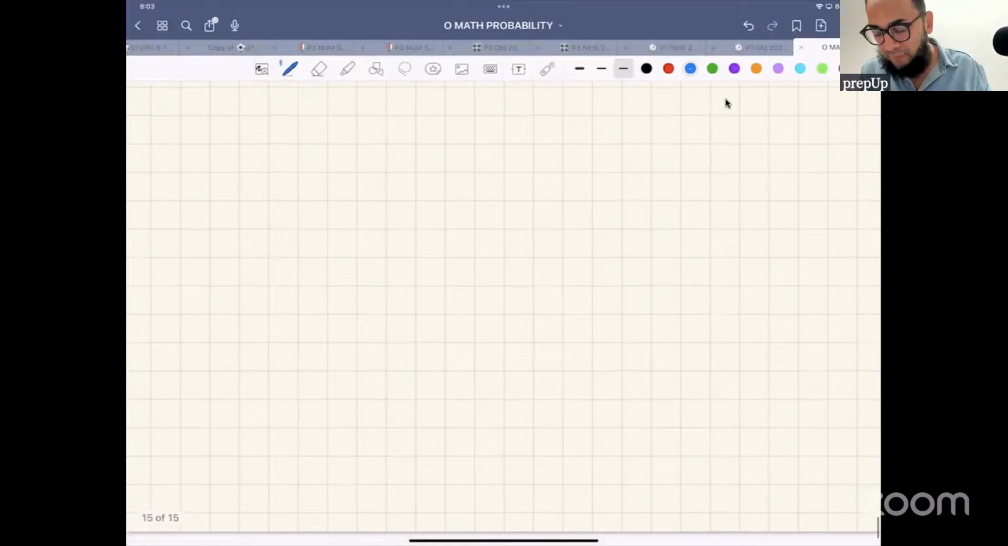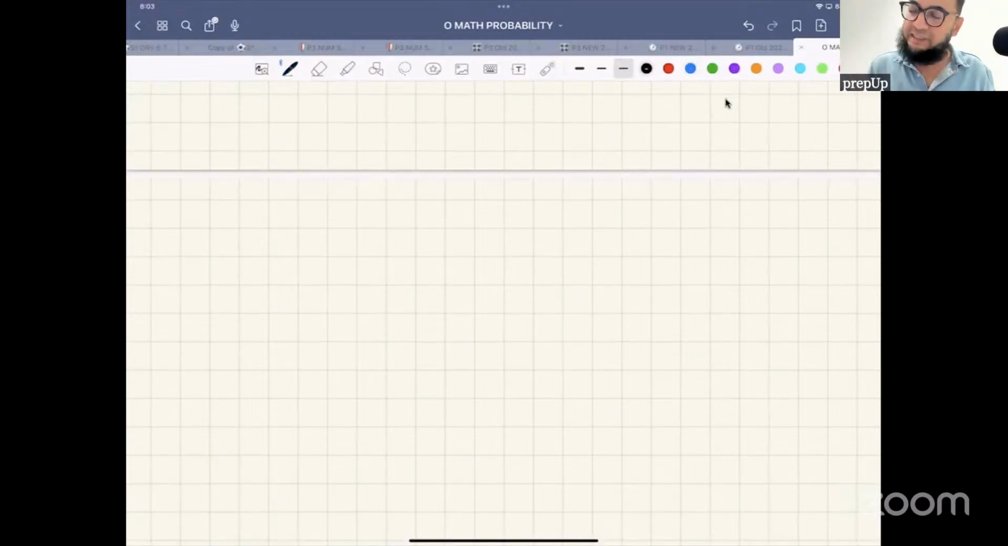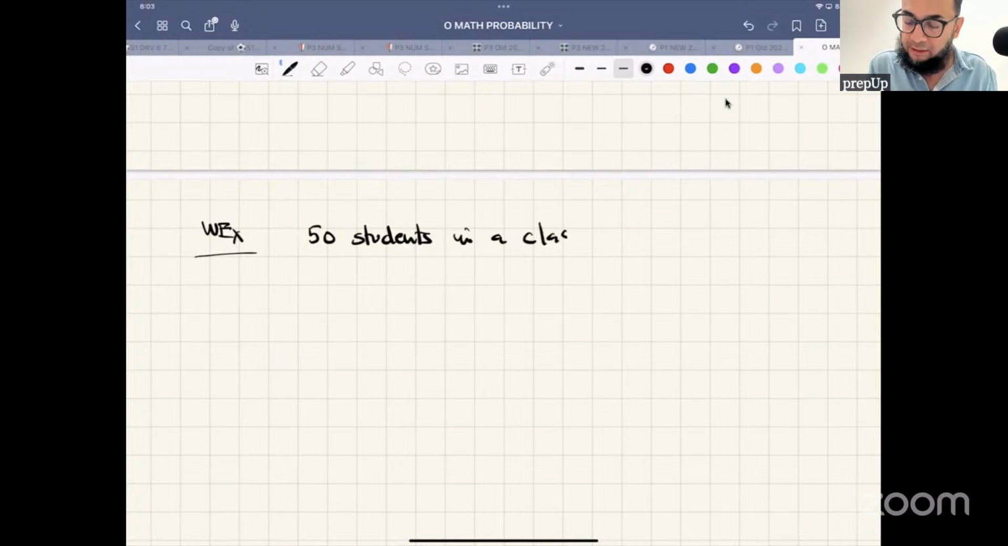Now let me evolve this idea a bit further. Let's say, let me make it like a worked example. There are 50 students in a class, and 30 of them take physics and 25 of them take chemistry,